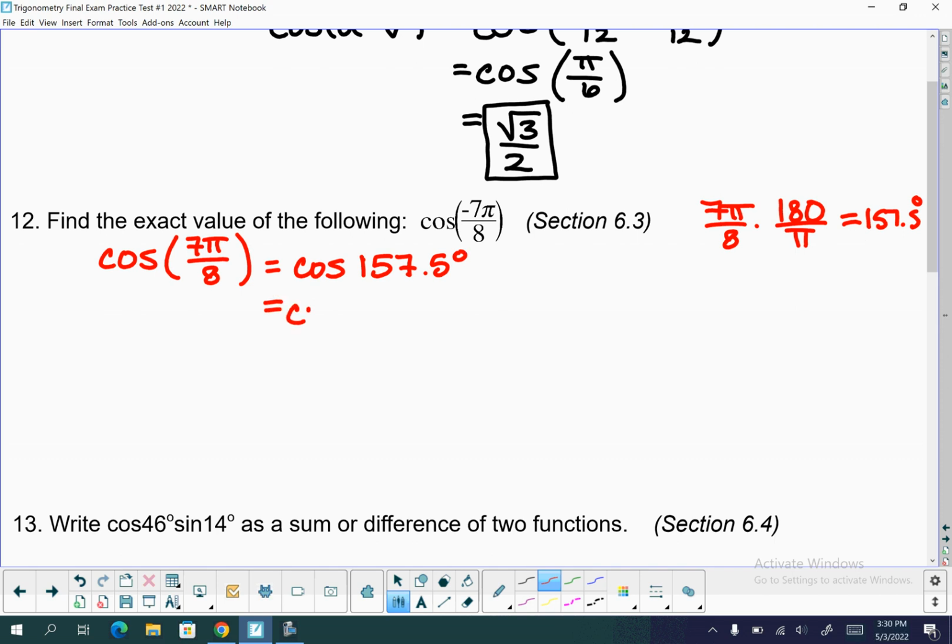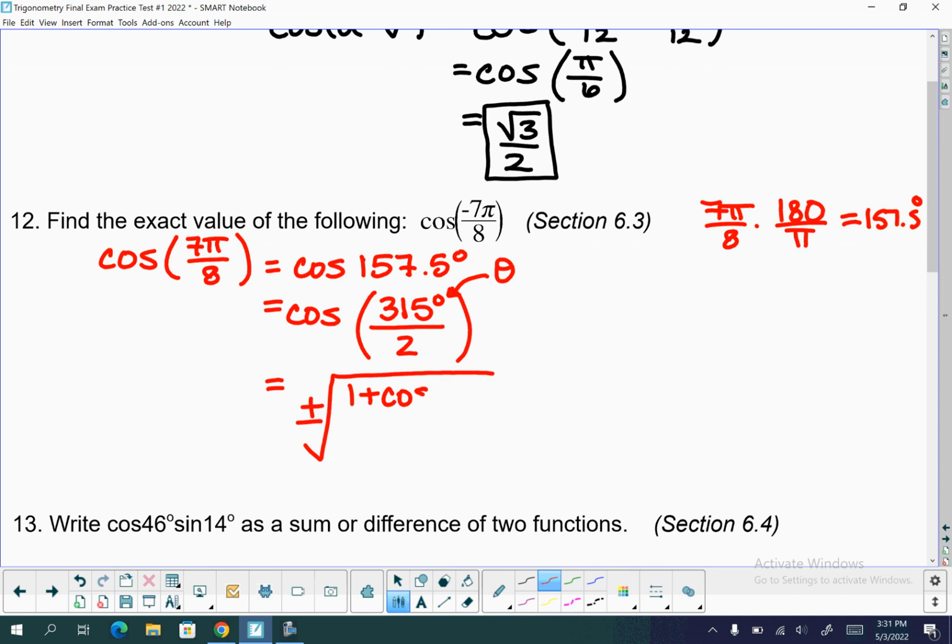So the next thing we're going to figure out is what angle divided by 2 is the same as 157.5. So you can just work backwards and double it. 315. That's going to be the theta that we use in our half angle identity. So here's the half angle identity for cosine. You don't have a choice on this one. It's plus or minus the square root of 1 plus cosine theta over 2. And then we just have some simplifying. So in this problem, plus or minus square root, it's going to be 1 plus cosine 315